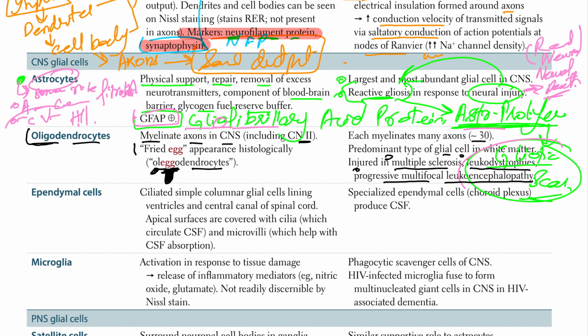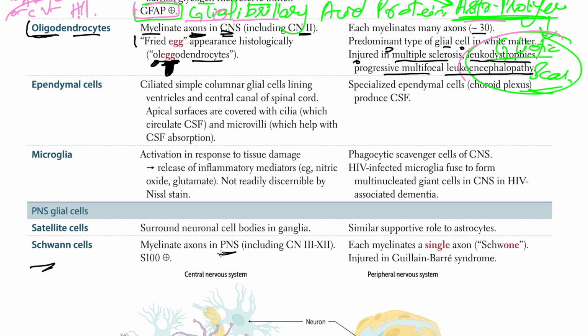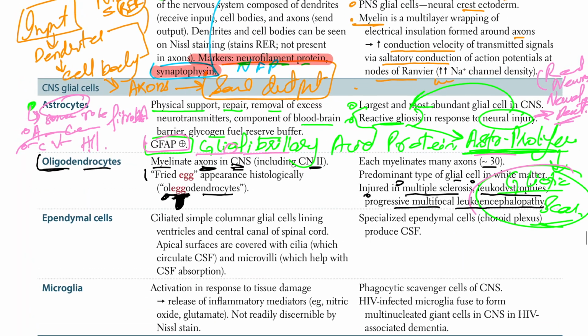But the high yield major thing is that oligodendrocytes myelinate the axons in the CNS. Okay, versus the Schwann cell, which we will see myelinates the PNS. So oligodendrocytes, high yield is they have the fried egg appearance. Okay, the next one we have is